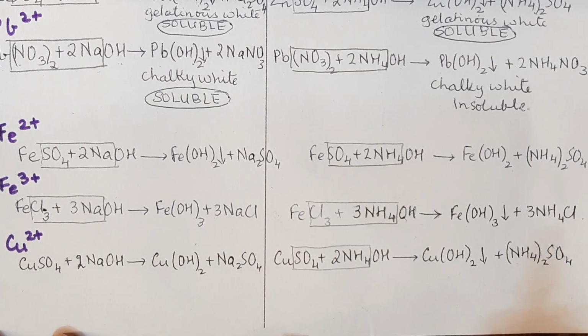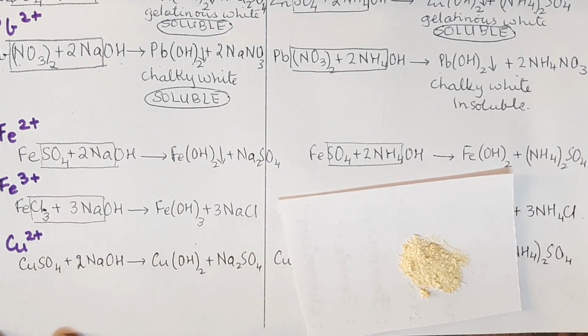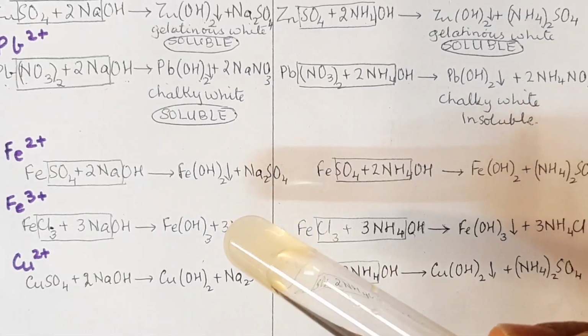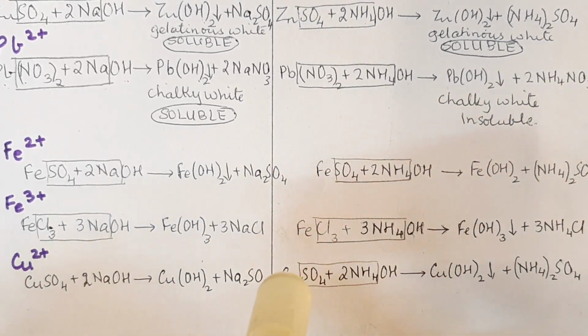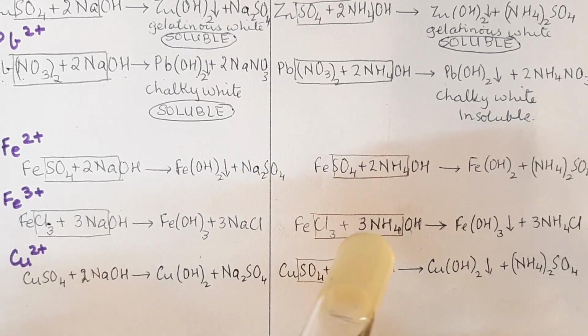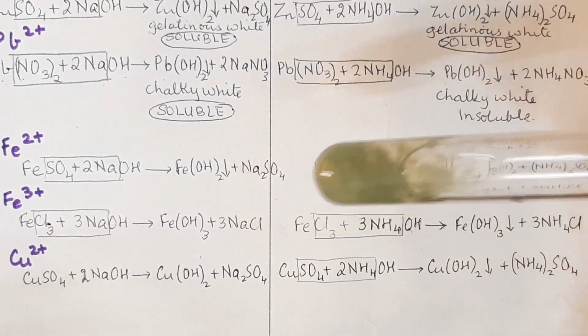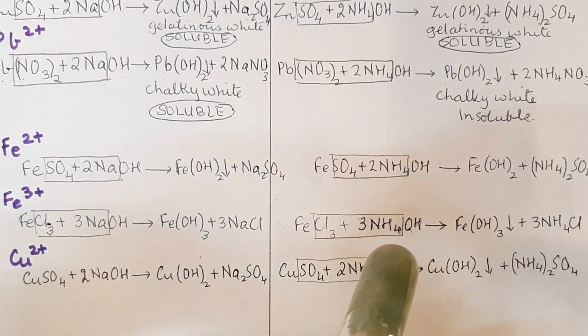Now let us look at ferrous sulfate powder. This is how it looks. It is light green in color. Now we'll make a solution of this and we will test again with sodium hydroxide and ammonium hydroxide. Now this is ferrous sulfate. It is a light green color solution, and I'm adding a little sodium hydroxide solution, and can you see, this is how we get a dirty green precipitate. Look at the color. And now I'll add excess of NaOH,